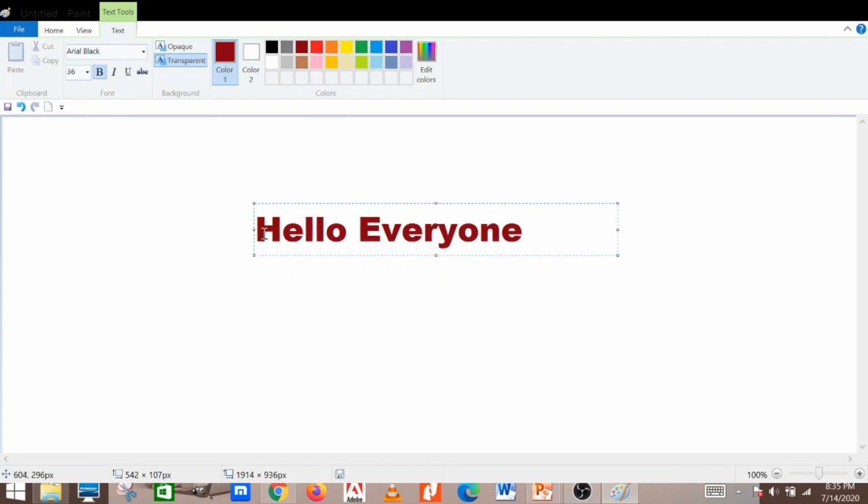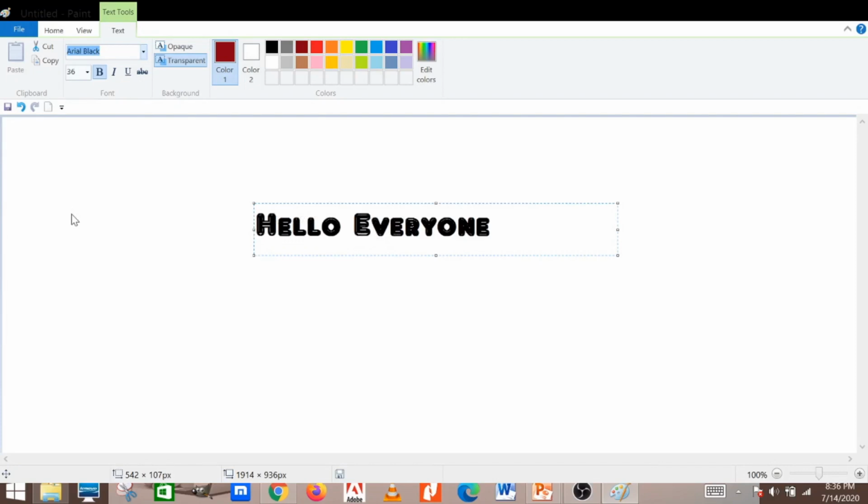Now suppose you want to change the font style. Here in your text toolbar, you can see Arial Black is written. It is showing us a lot of options from where you can change the style of whatever you have written.